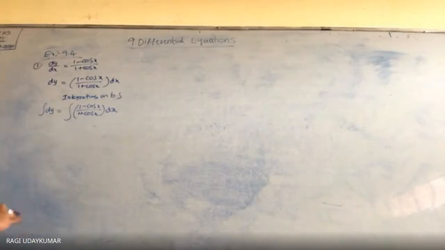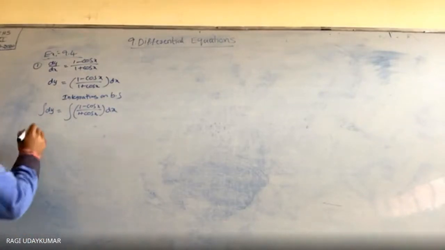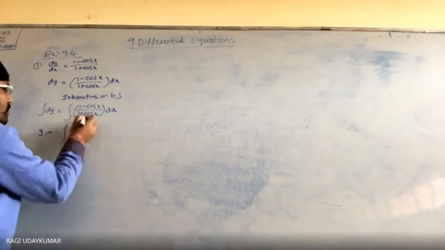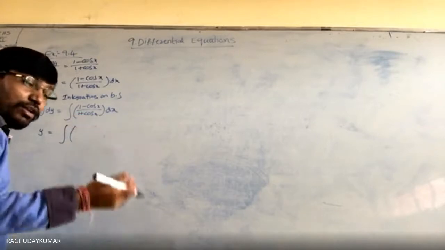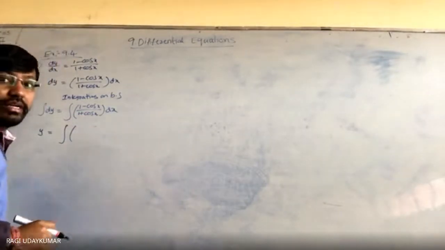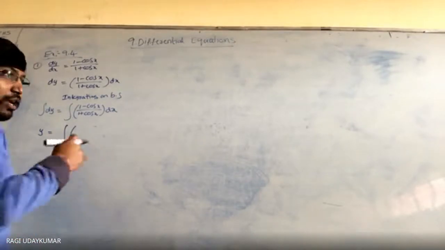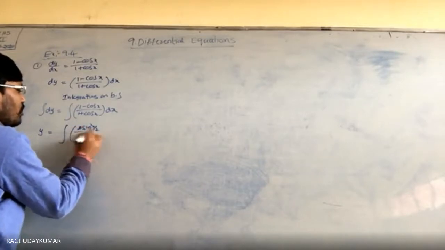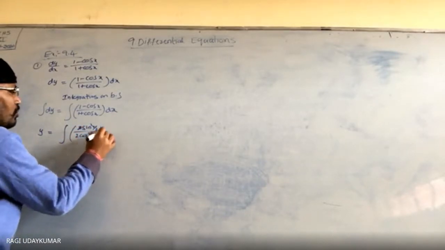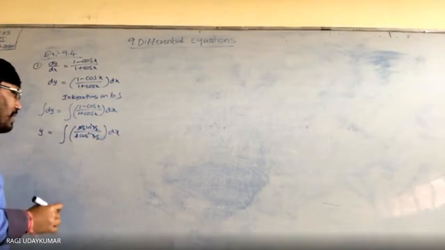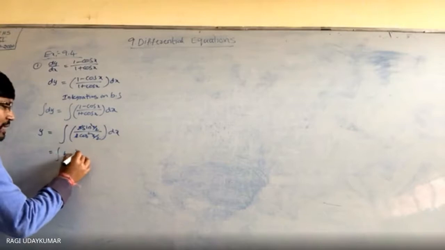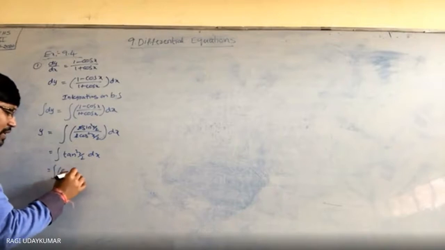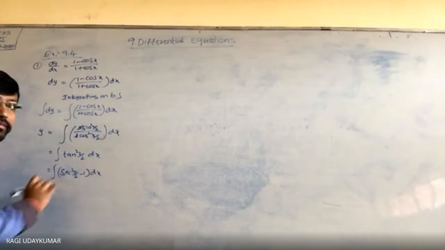So integration of dy is nothing but 1 dy, which is y. Now, how do we find out this integration? To find trigonometric integration, different methods we have learned in the 7th chapter. So we use trigonometric formulas. 1 minus cos x can be written as 2 sin square x by 2 by 2 cos square x by 2 dx. We simplify this. So we are going to get tan square x by 2 dx. Tan square x by 2 can be written as secant square x by 2 minus 1 into dx.